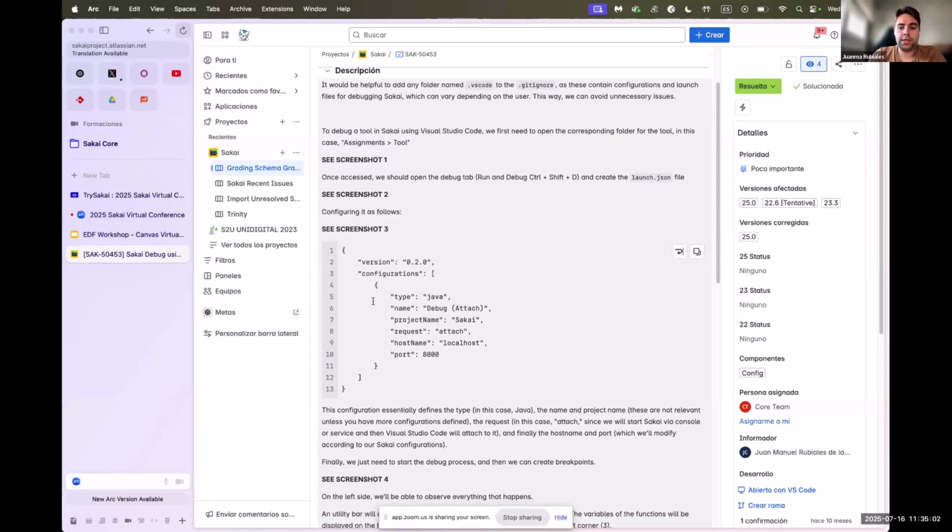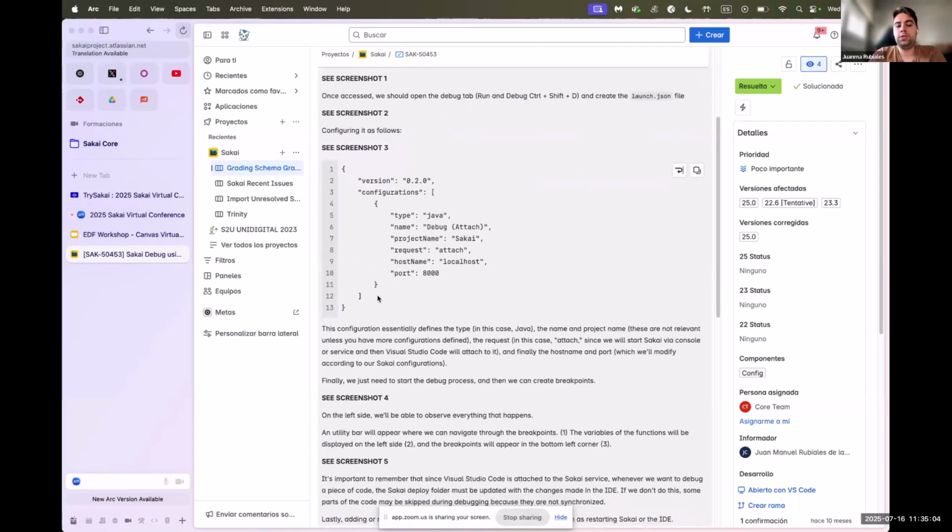And here there is a small example that we are going to use for Visual Studio. It's an easy script. It's only saying that we are using Java configuration, because obviously we are working with Sakai, and Sakai uses Java as a programming language. Then we have three additional attributes called request, hostname, and port.